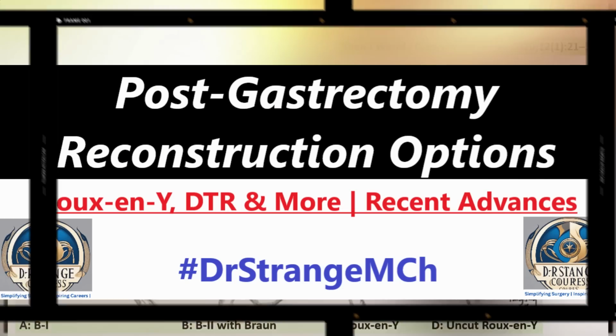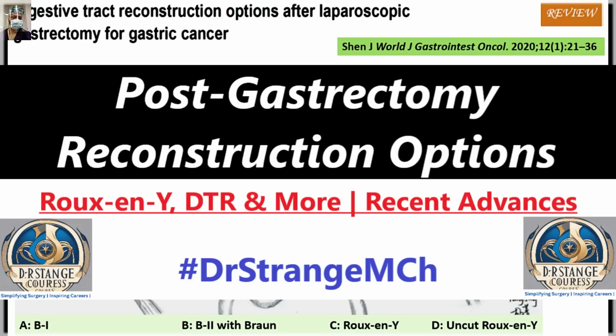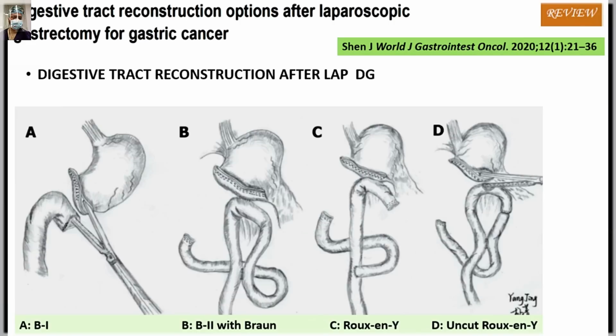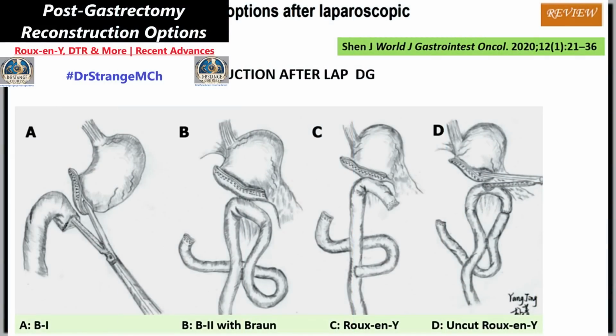This is a review article by Shenje et al., published in 2020, about digestive tract reconstruction options after laparoscopic gastrectomy for gastric cancer, that is, after distal gastrectomy. In this study, they found that there were mainly four types of reconstruction methods commonly reported all over the